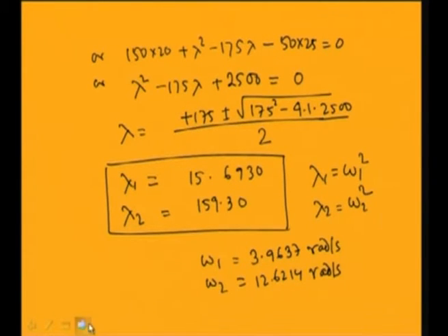To find this eigenvector, as you already know, you can find it directly by finding the eigenvectors of the system, or you can find it from the expression x equals adjoint of A minus lambda I. So, by finding the adjoint of A minus lambda I, you can find this modal matrix or normal modes of the system, or directly by finding the eigenvectors. So, now let us find it in this way, by finding the adjoint of A minus lambda I. Already you know A minus lambda I. So, adjoint of A minus lambda I